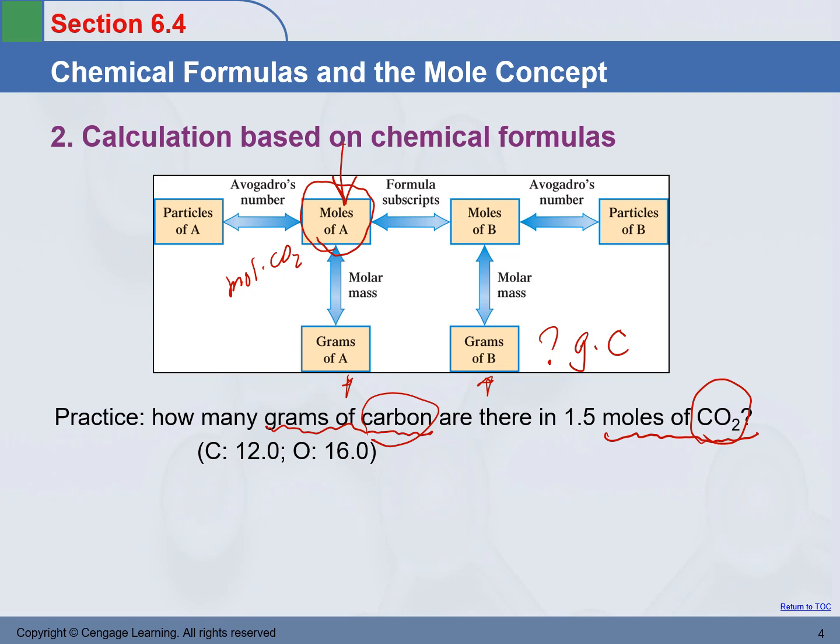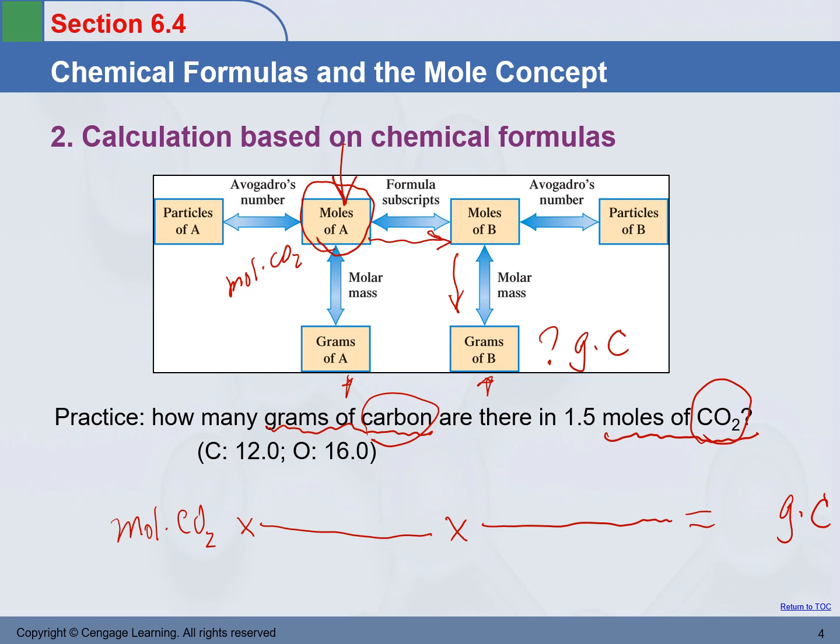All right, so once you know this, you know you need two conversions. The first converts from moles of A to moles of B, which is moles of CO2 to moles of carbon. The second goes from moles of carbon to grams of carbon. So the starting point is the given information, moles of CO2, and eventually you're going to get grams of carbon. And you know you need